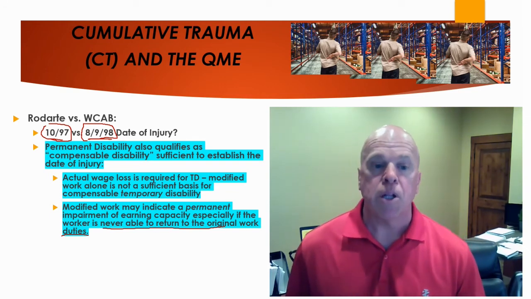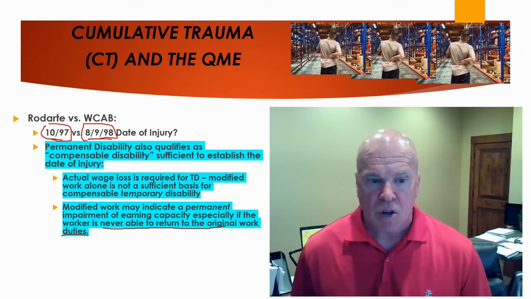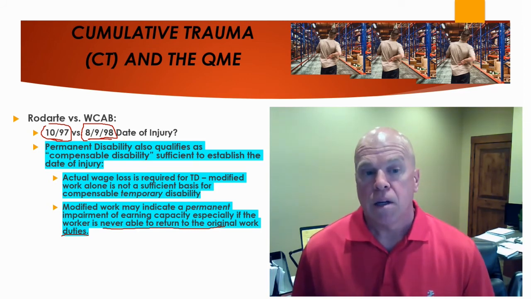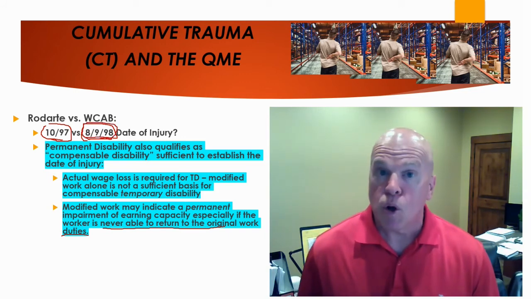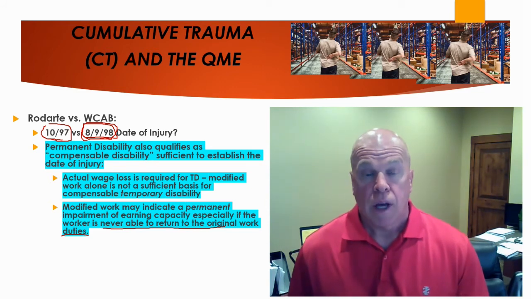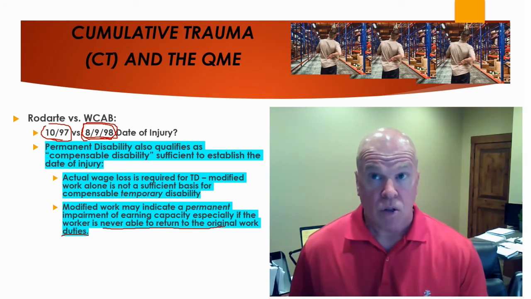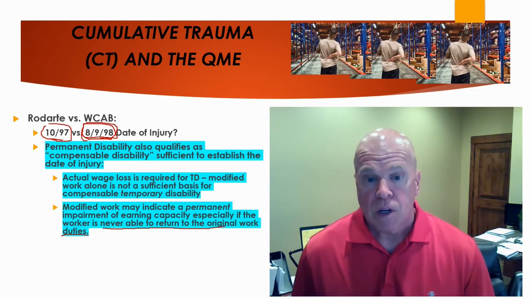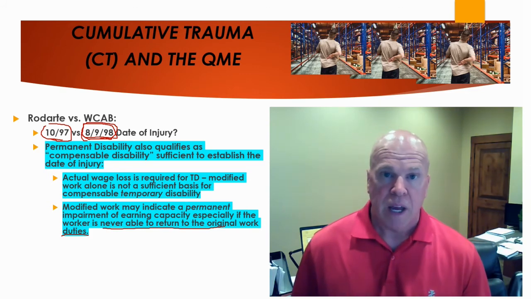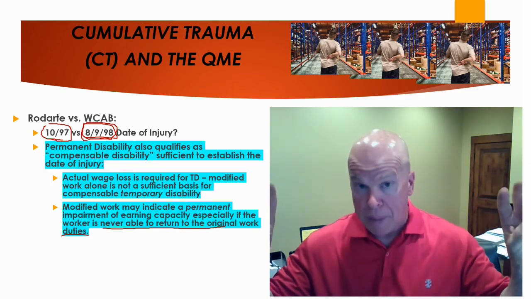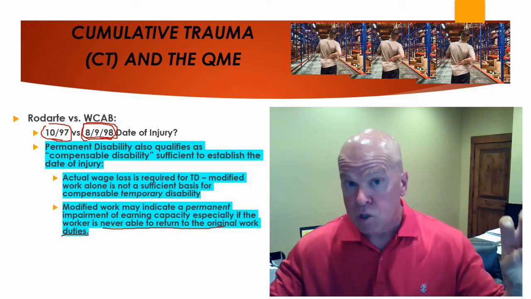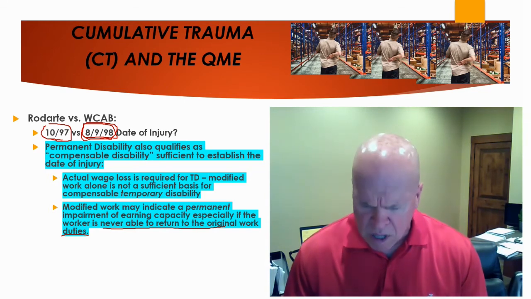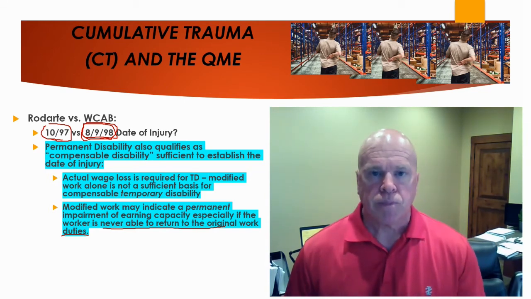permanent disability. And what the WCAB determined in this case is that she became permanently impaired or permanently disabled on the date of her last employment. She was evidenced at that date to have never been able to return to her normal original work duties, and this constituted the disability, the compensable disability. Permanent disability could constitute the compensable disability sufficient to establish the date of injury under Labor Code